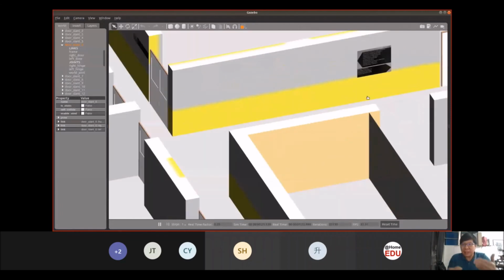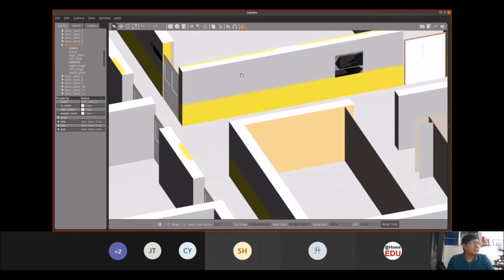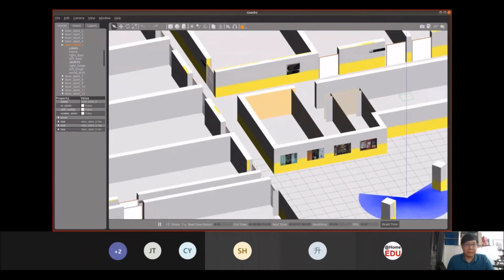This helps with some of our projects, where we try to build a service robot for this particular floor, where the robot can look at signs and try to interpret where to go and how to go.